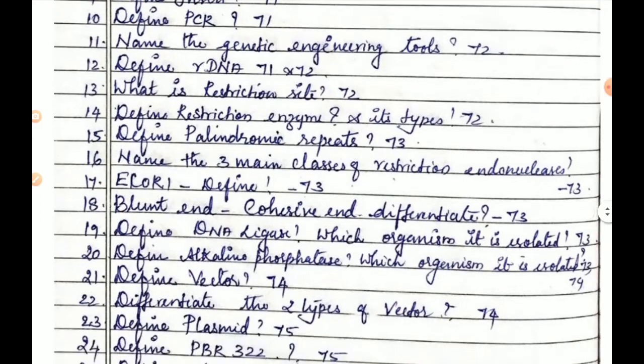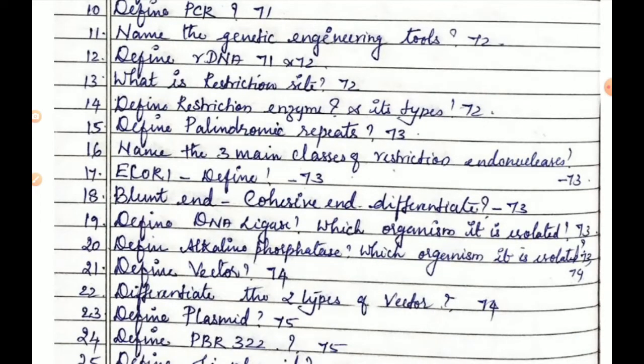Define DNA ligase. From which organism is it isolated? Students, answer is given in page number 73, under the heading DNA ligase. DNA ligase enzyme joins the sugar and phosphate molecules of double-stranded DNA with a 5' phosphate and 3' hydroxyl group in an adenosine triphosphate dependent reaction. This is isolated from T4 phage and it is a very, very important question. The next question,